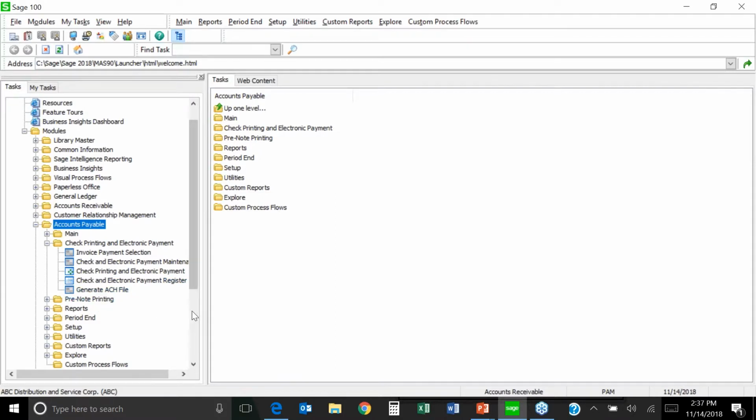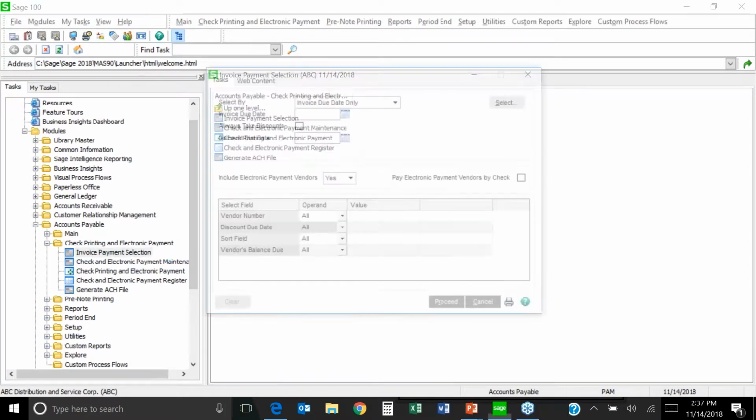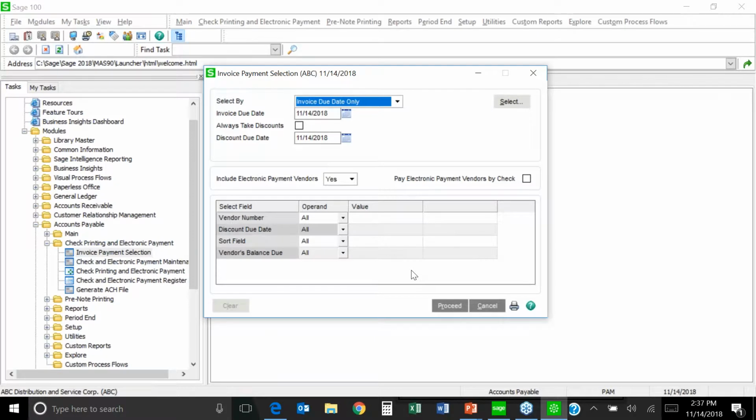And there's one more little tip that I wanted to show you in accounts payable, and this is on the invoice payment selection. So there's no right or wrong way to do an invoice payment selection when you're ready to pay your vendors, but I wanted to show you a couple of different ways that you can do it. What a lot of people do is just basically base it on the invoice due date, what that due date is today. They go down and click proceed, and then anything that falls within this category, it selects it for